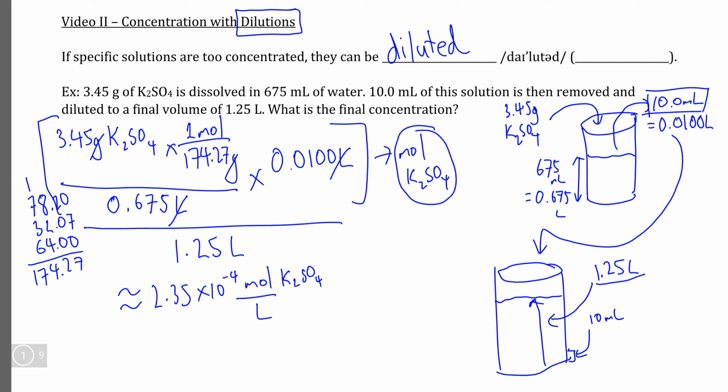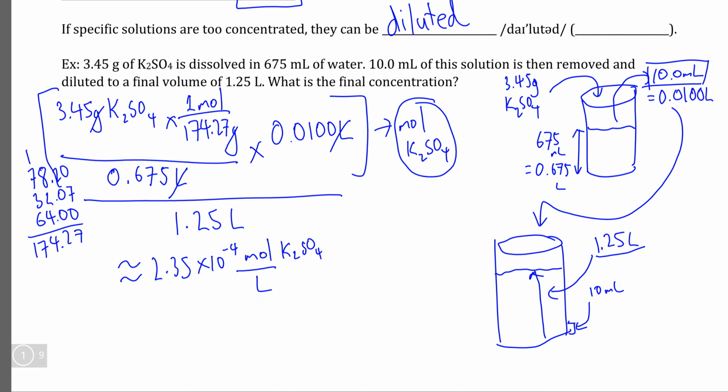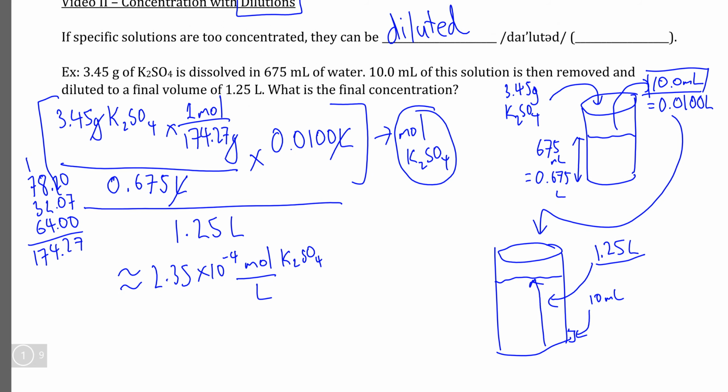Now, it's a little bit strange because this is an ionic compound, which means that it's going to dissolve in solution. It's a little bit strange to write this concentration as moles of our ionic compound when the ions do not remain together. So if we wanted to calculate the ion concentration of K plus and SO4 2-, let's write out our dissolving reaction here.